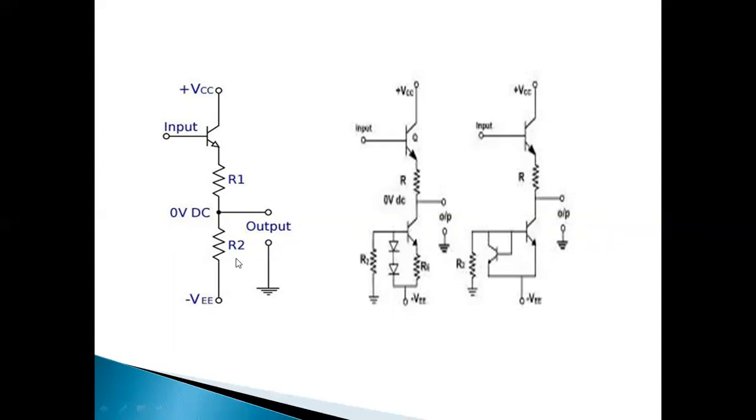So this is the emitter follower with voltage divider, and this figure is an emitter follower with constant current bias, and this is the emitter follower with current mirror circuit. Most probably we go for the emitter follower with voltage divider, because this is the simple one compared to the other two circuits. So depending on the application, we can use any of these three emitter followers.